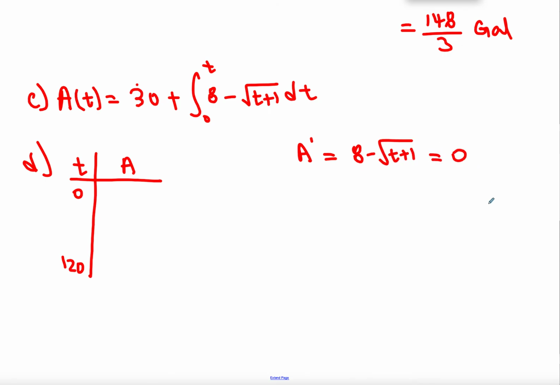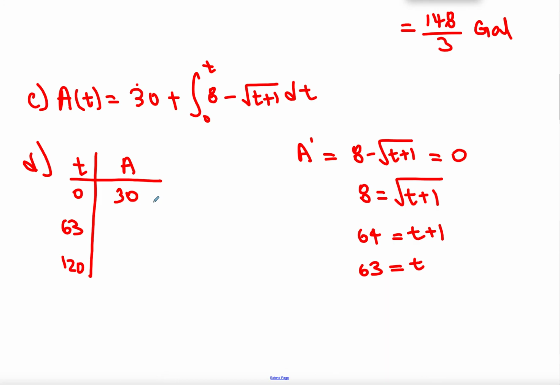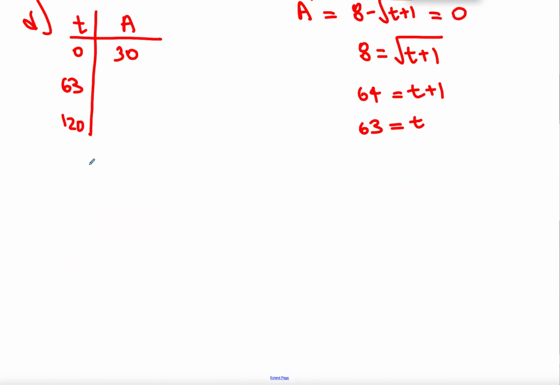This one has to be equal to 0. So then we get to realize that 8 must be equal to square root of t plus 1. Then t plus 1 must be equal to 64. So you get t is equal to 63. So we get to realize that 63 was another value. When t was equal to 0, we realized the amount of water was equal to 30. Let's look at 63 and the 120. If you remember, 30